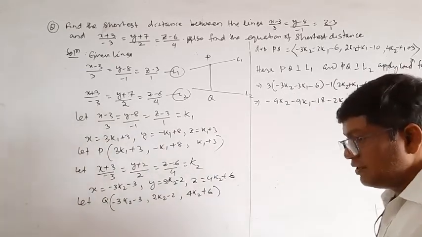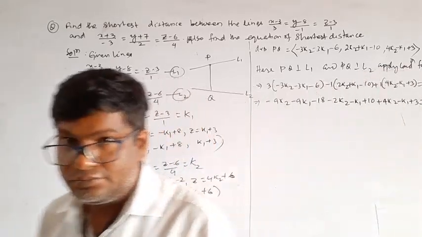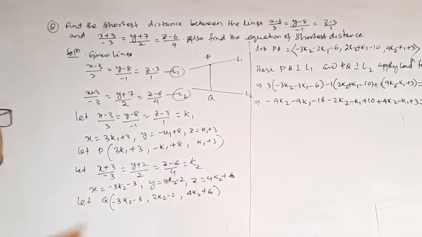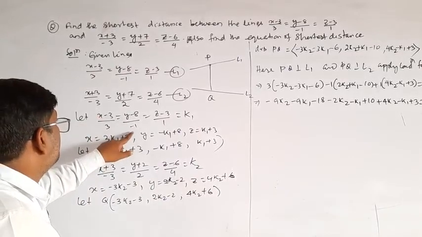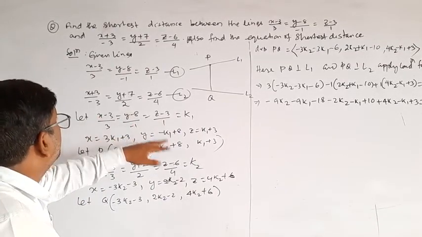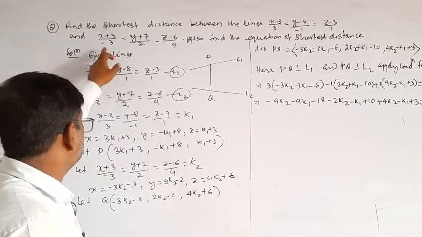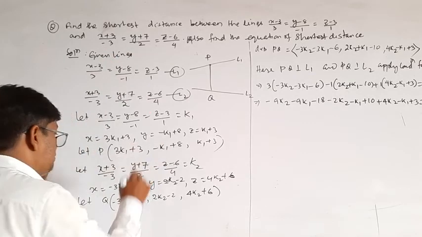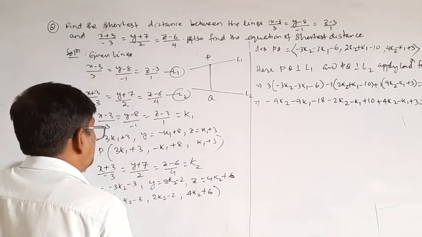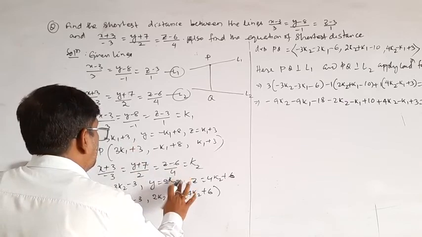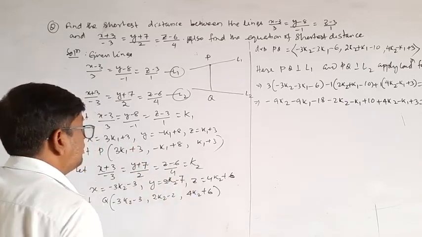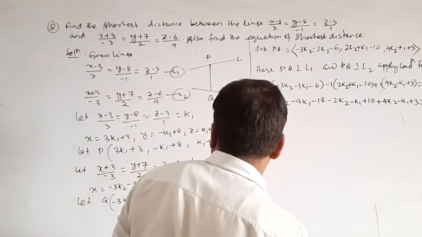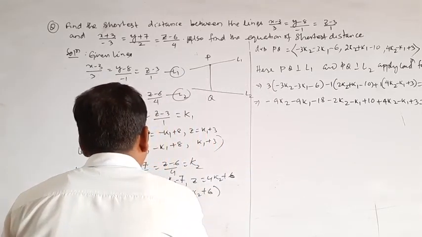9k2, this is what? This is x minus 3 by 3, y minus 8 by 1, and this is k1. Now second equation is x minus 3 by minus 3, y plus 7. This is not 2, this is 7. So this is 2k2 minus 7. And then others are correct. So here that is 2k2 minus 7.